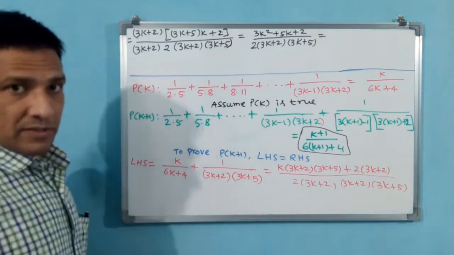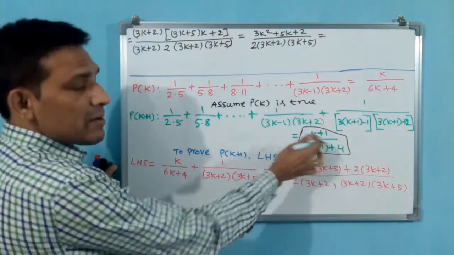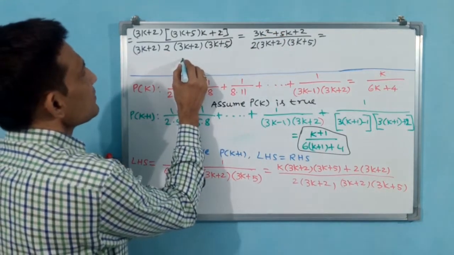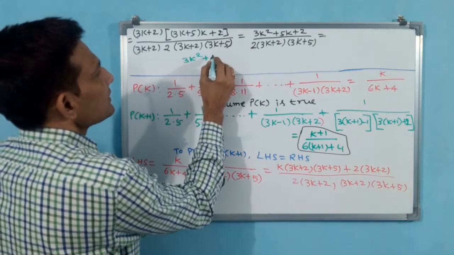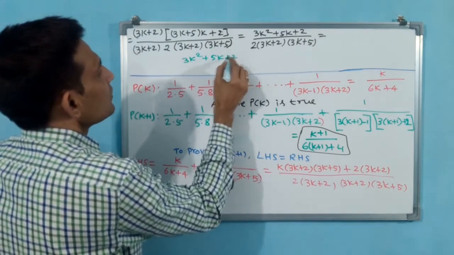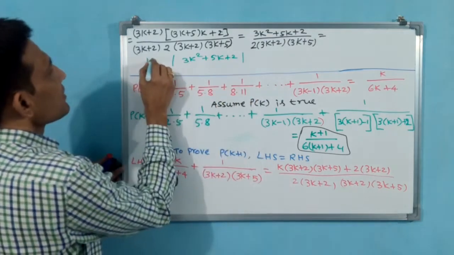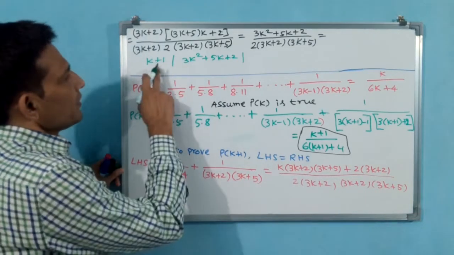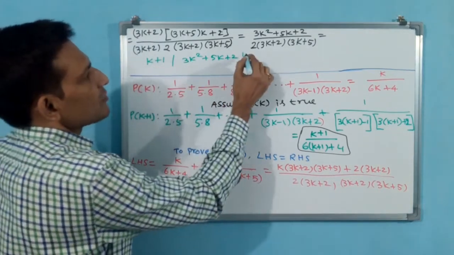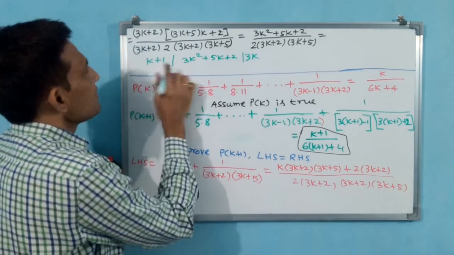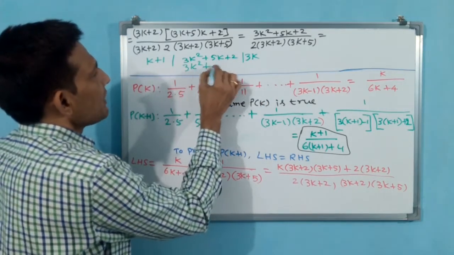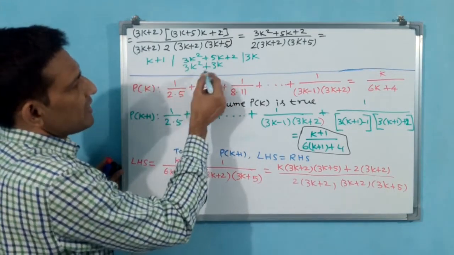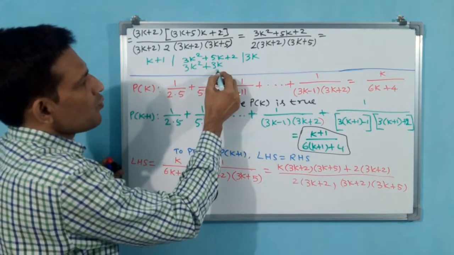Okay, this is rough work only. k plus 1. Why am I dividing by k plus 1? Because k plus 1 has to come. That is why. Okay, I am writing, you see, 3k square plus 5k plus 2. I am dividing with k plus 1. Okay, you see, k square has to come, means 3k you have to take. 3k I have taken. 3k into k, 3k square. Plus 3k into 1, 3k. Okay, 3k square gets cancelled. 5k minus 3k, 2k. 2k plus 2 will come.